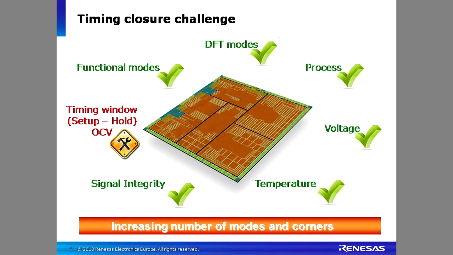Traditionally, when doing design implementation, you need to put lots of timing views into the tool. This is a combination of timing constraint modes, which are functional modes, and DFT modes, meaning all the testing. This has to be seen in context with the so-called PVT corners, which honor process, voltage and temperature variation. All that together sums up to at least 50 or 60 timing views that need to be taken care of during the design